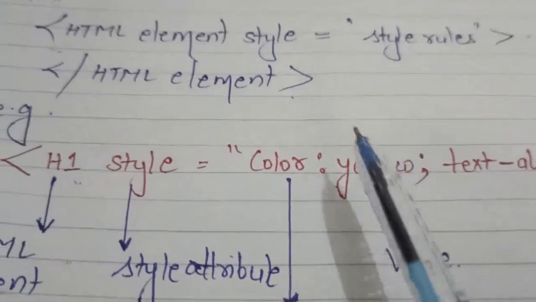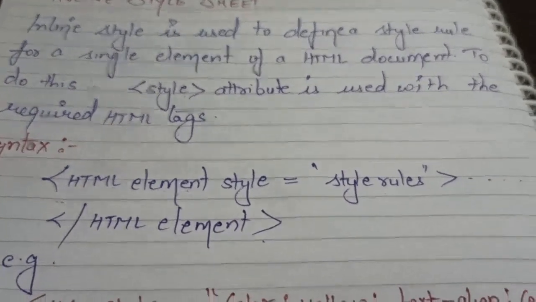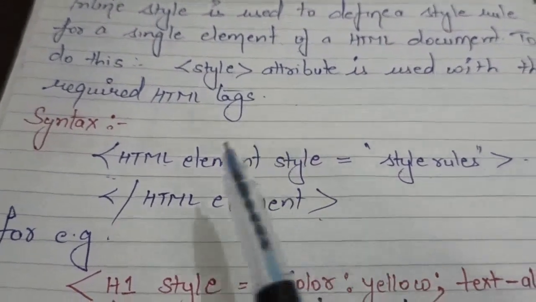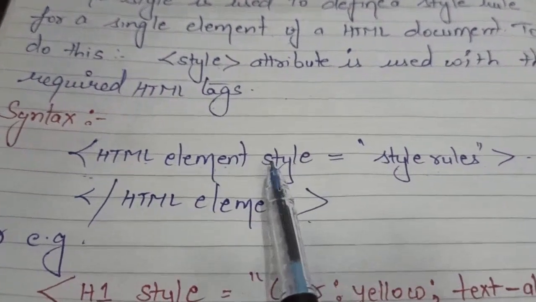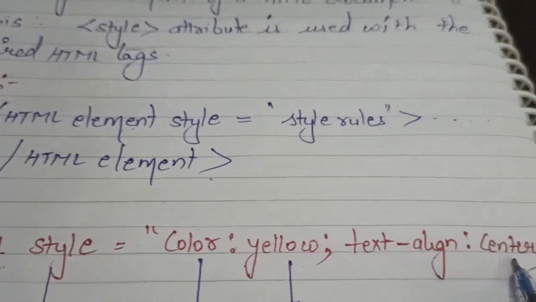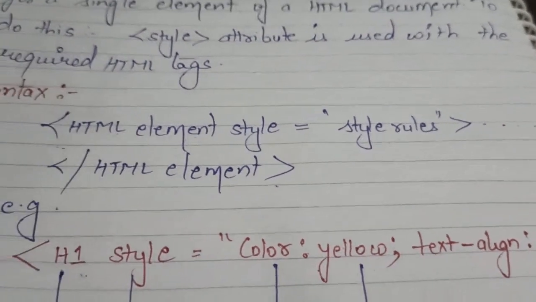Okay. हमने यहाँ पे इक्वल साइन क्यों लगाया? क्योंकि इन इनलाइन स्टाइल शीट we are using the style attribute with our HTML tag only, कि हम यहाँ पे HTML एलिमेंट के साथ ही CSS की प्रॉपर्टी लगा देंगे by using the style attribute and the syntax would be the same. ठीक है. This is inline style sheet.